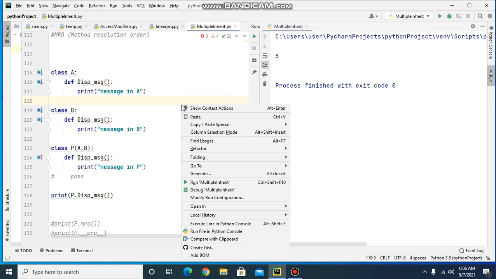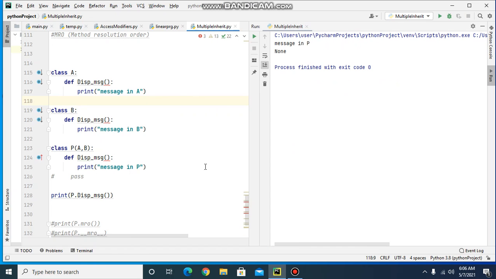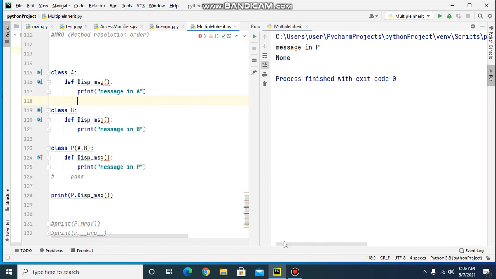We will run this. So the current class is P, it has printed the message in P. Now if I comment this, then it will not find the method here.